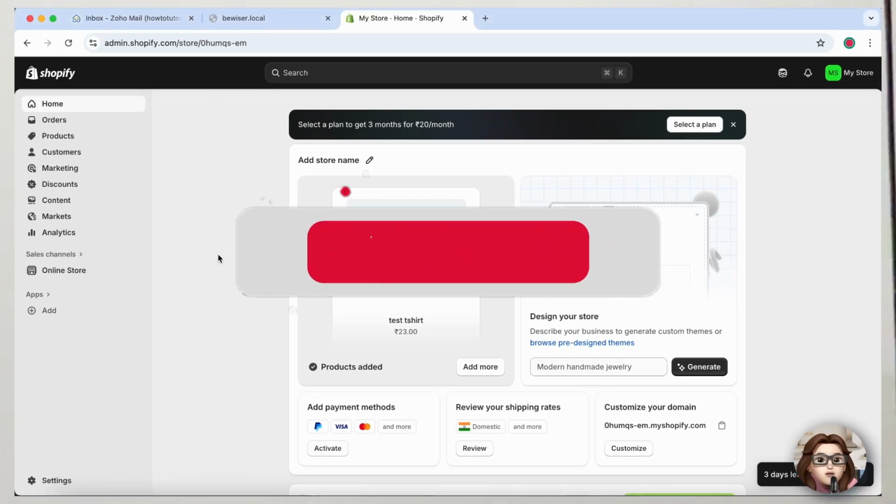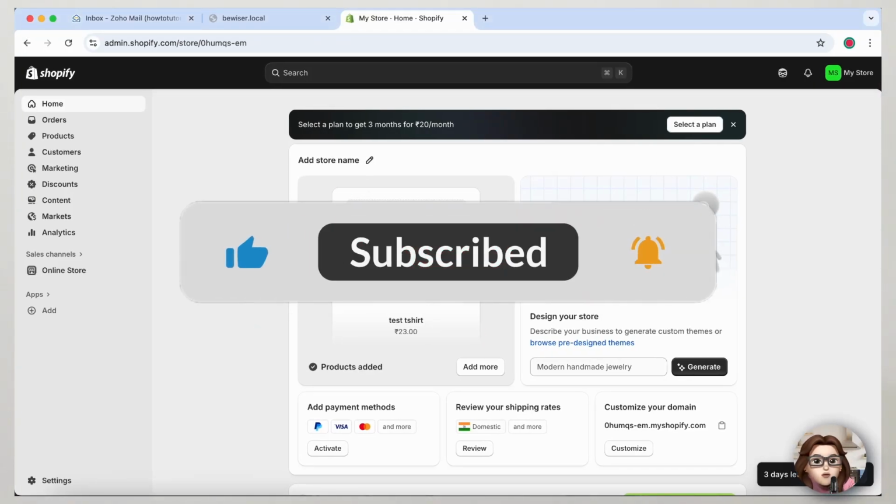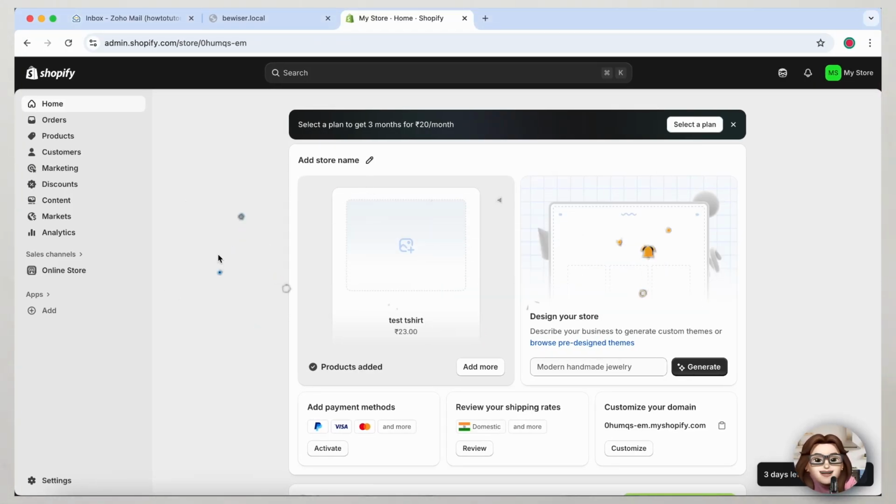In today's video, I'm going to show you how to add an Add to Cart button in the Shopify Dawn